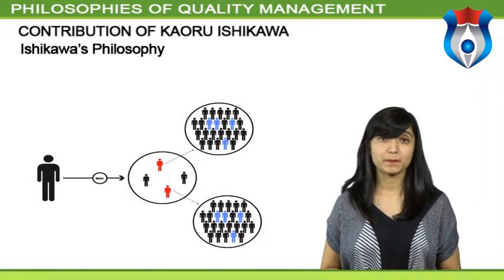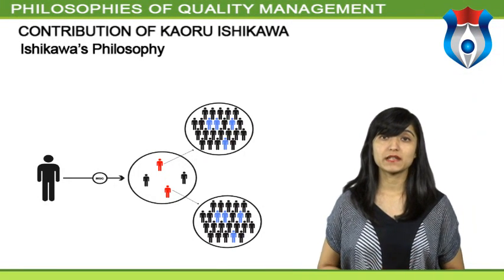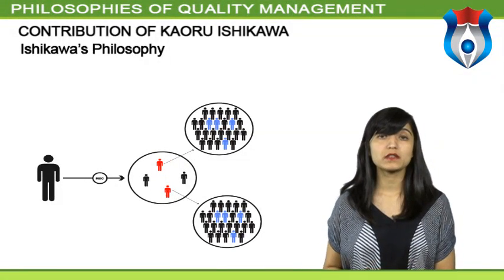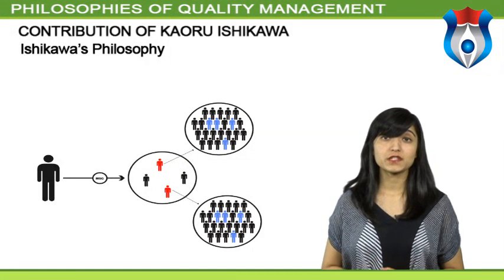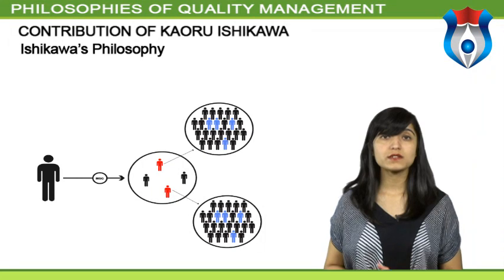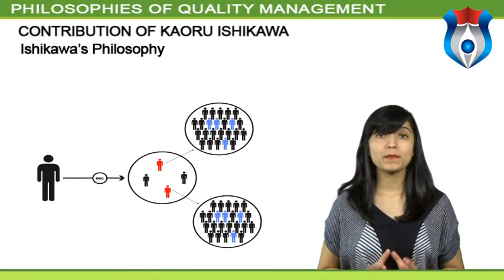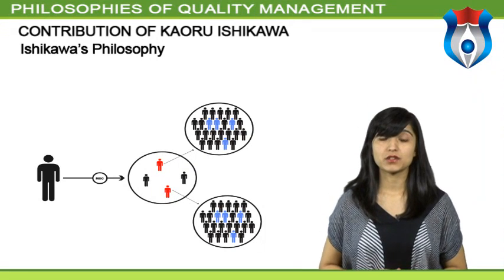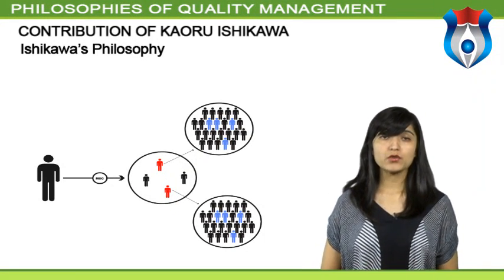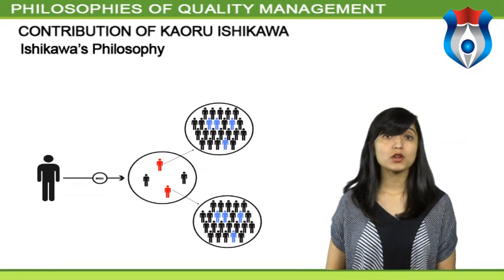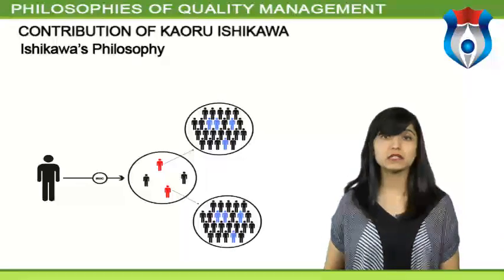Ishikawa's philosophy focused on transforming the workplace. He wanted people to begin to take pride in the quality of their work. Often, in his book, What is Total Quality Control?, he mentions the fact that top management cannot be disconnected from the total quality management of the company. He wrote about challenging managers not only to implement quality into their company, but to keep the mentality of continuous improvement.